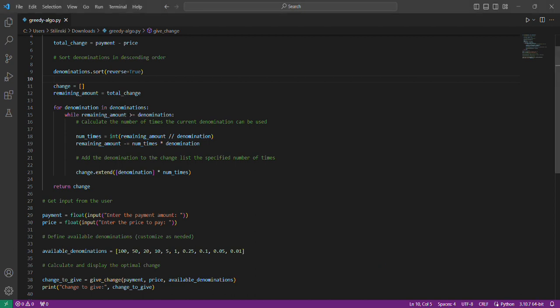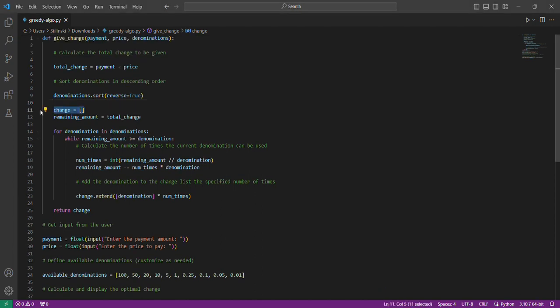The fourth line is change equals an empty bracket. The purpose of this code is to initialize an empty list called change to keep track of the denominations to be given as change. The next line is the remaining amount.